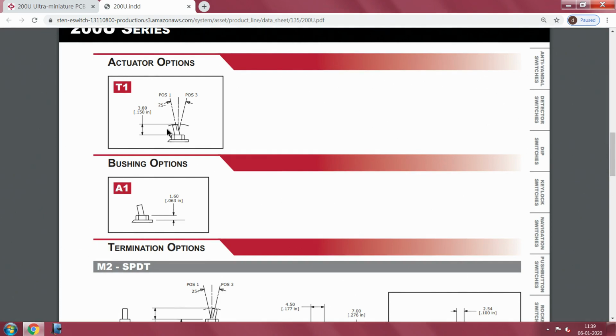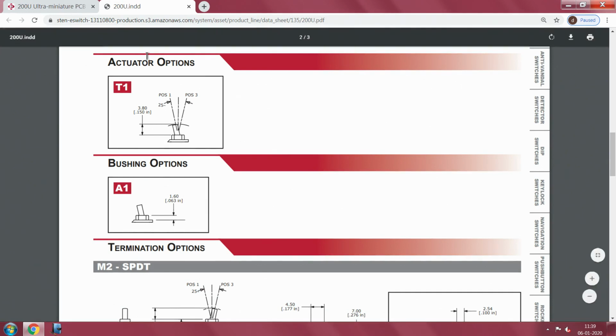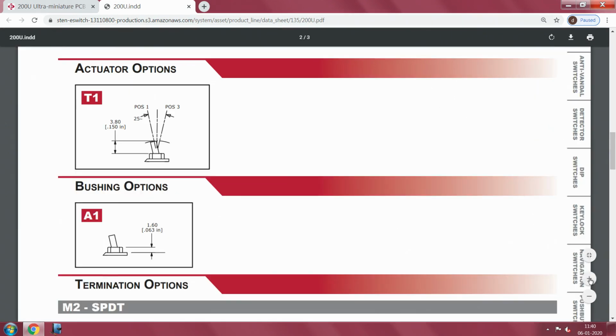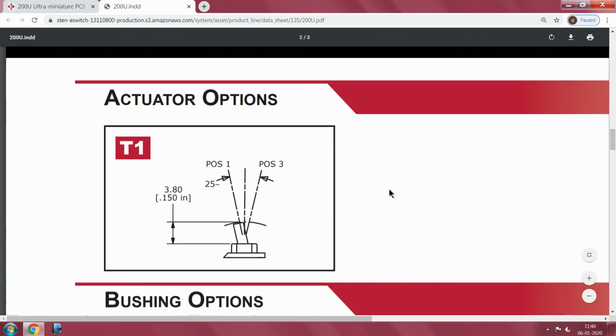But generally the mechanical details, especially regarding the positions: it has a center position and then a position 1, and if you notice the drawing it says position 3. Have you seen it? That means there is an option for you to probably have a middle position also. You understand, position 1, position 2, position 3, not all of them have that.